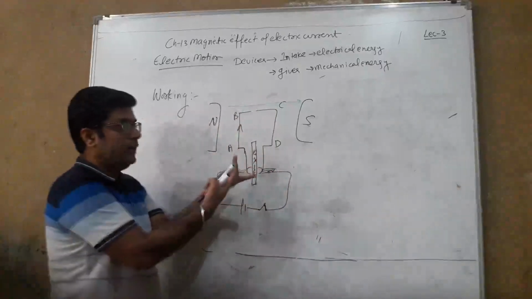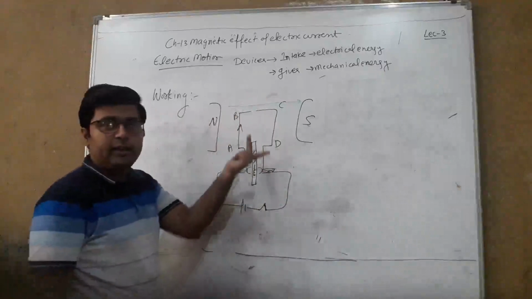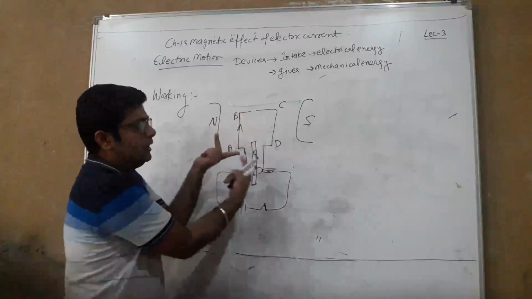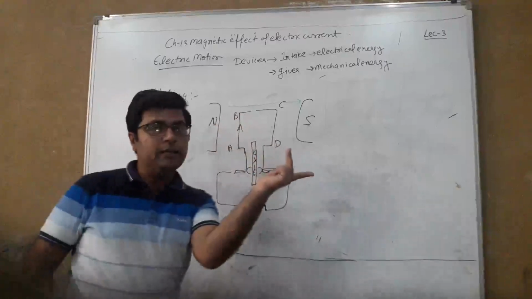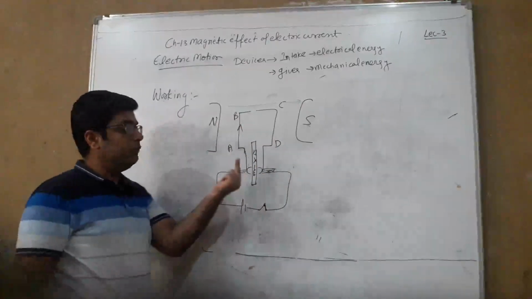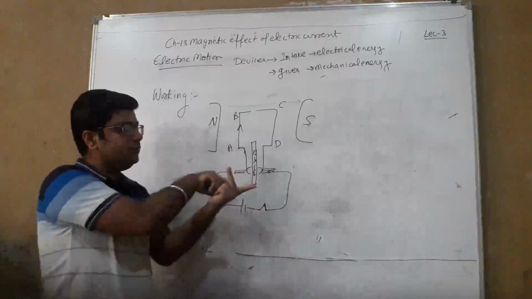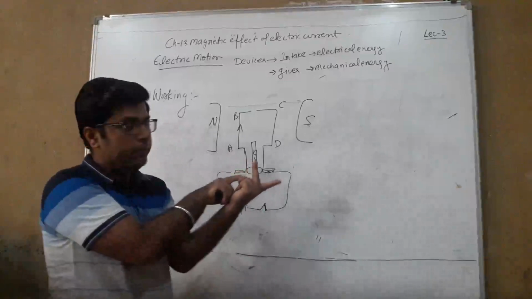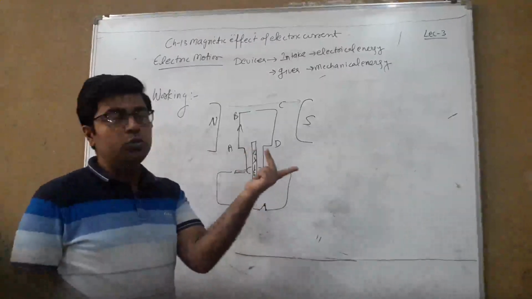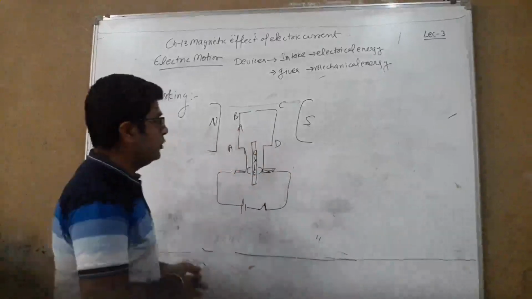Okay, this finger represents the direction of current, so we point it in the direction of current. The direction of current is this, the direction of magnetic field is this. So where is my thumb? Inward. I repeat, just point your middle finger in the direction of current. Point your first finger in the direction of magnetic field. Now the thumb, which is already perpendicular to these two, gives us the direction of force. So the force will be inward.